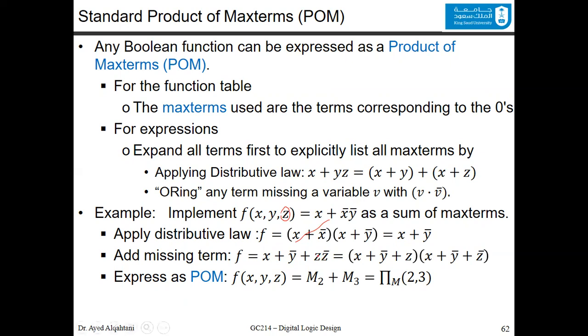If you add this part, z ANDed with z bar, you are not changing the function. You are not changing the function. And then you do the distribution as we described, like this: